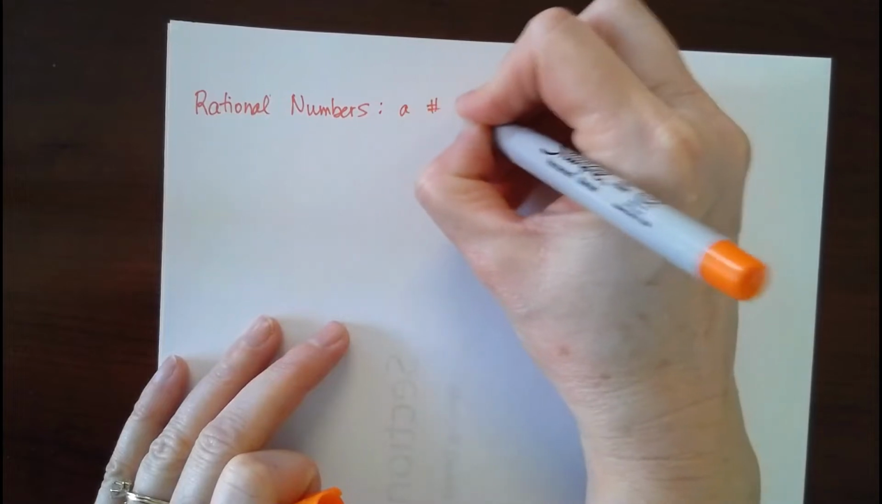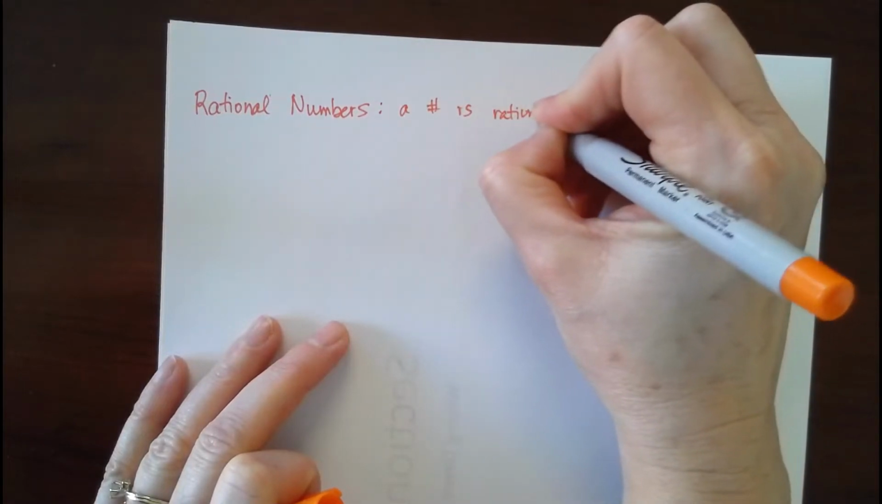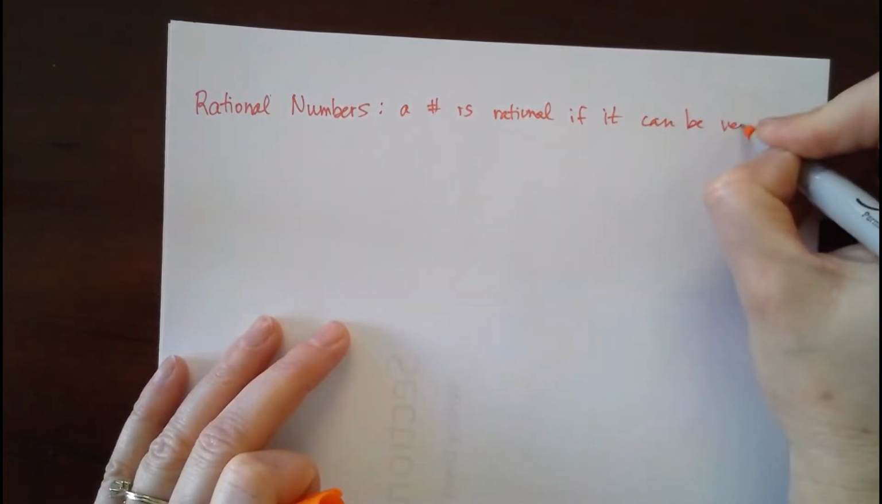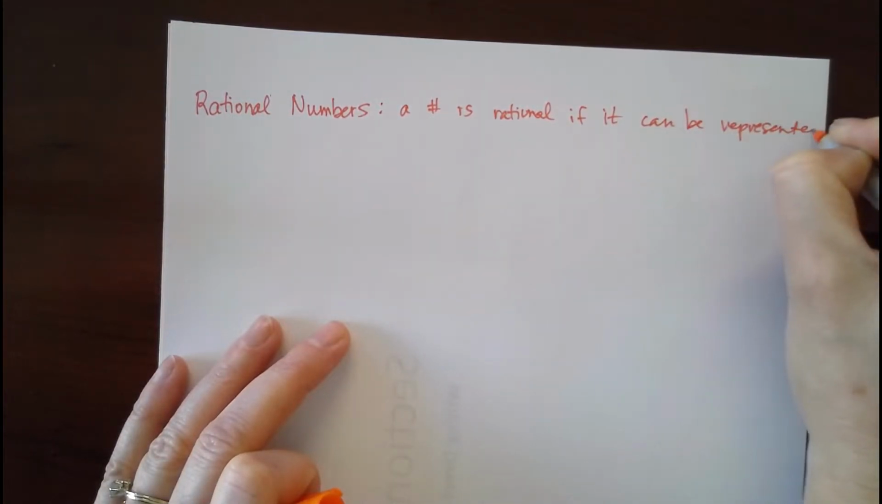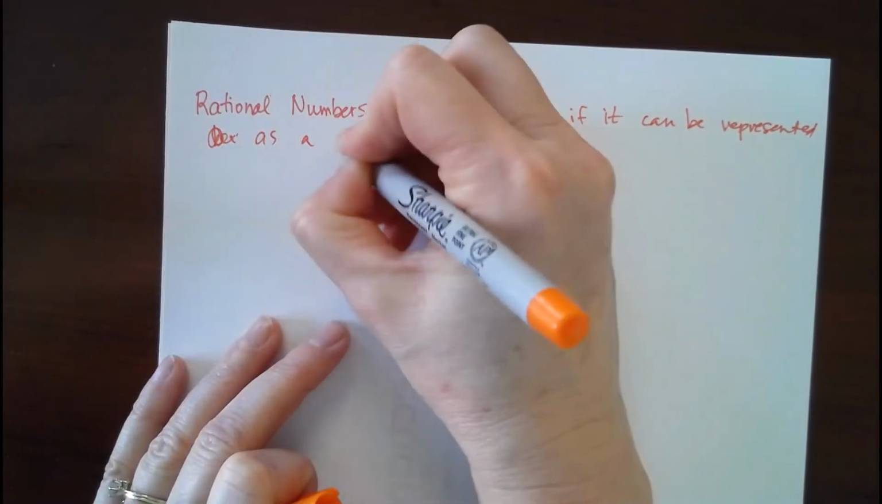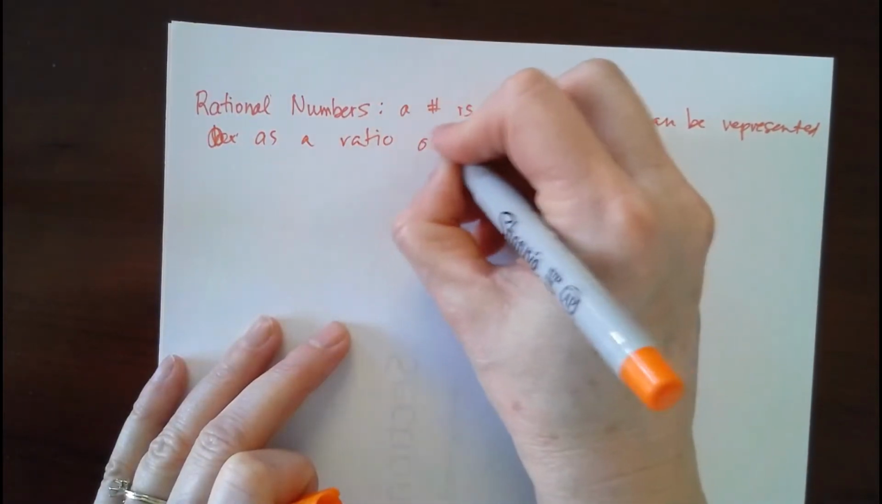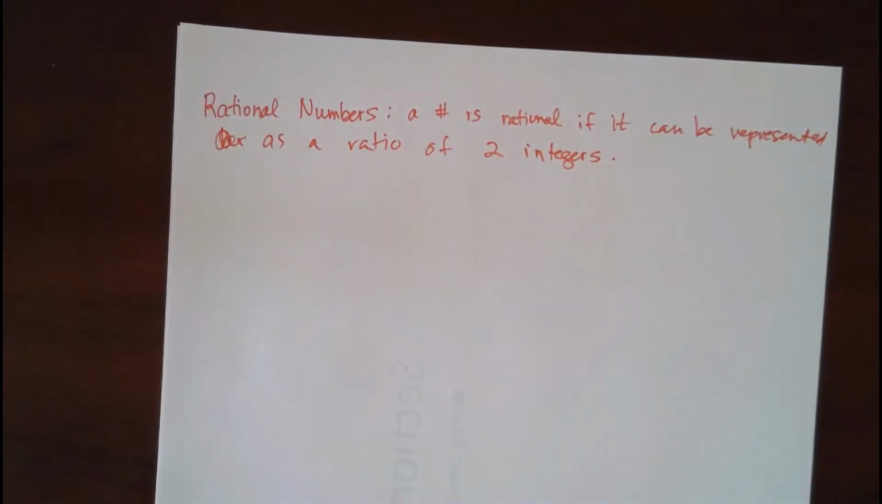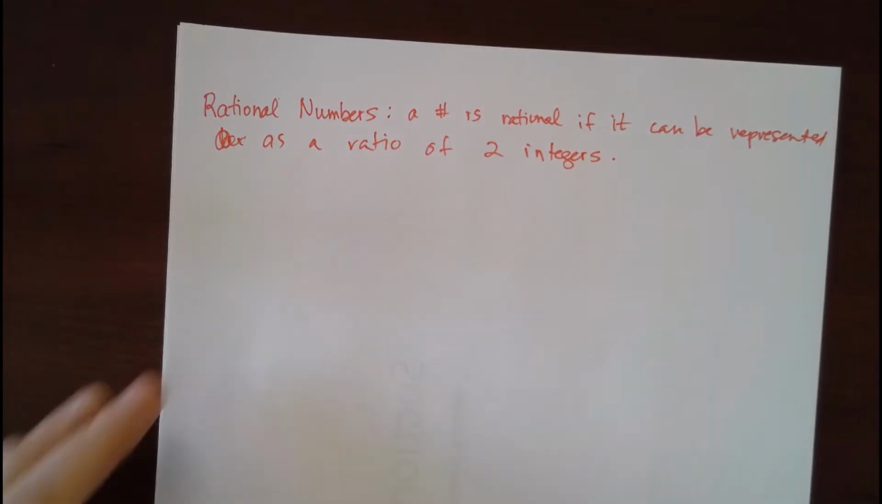A number is rational if it can be represented as a ratio of two integers. All right, good. And so the Xi book gives you ones like, hey, could you do